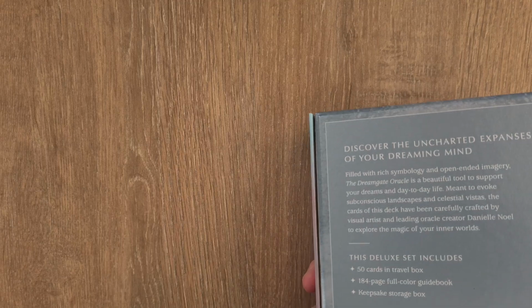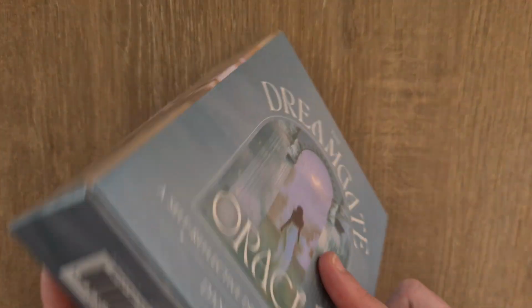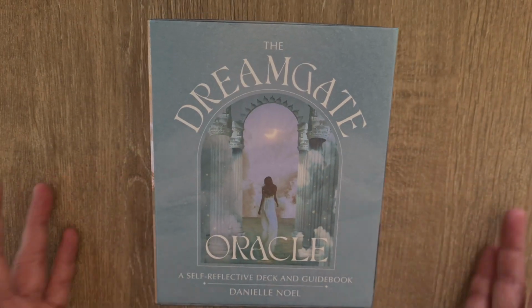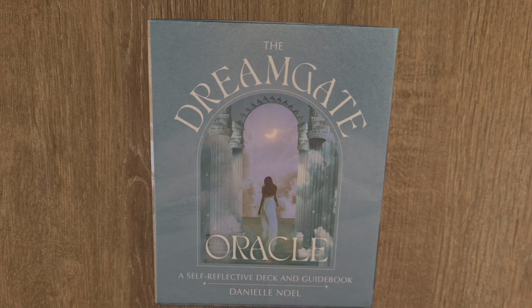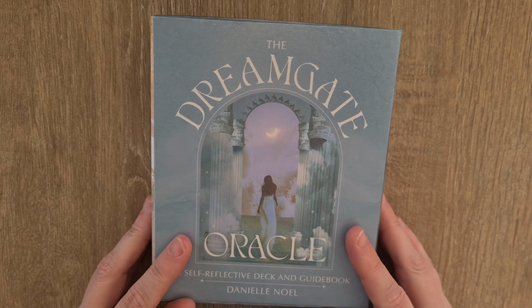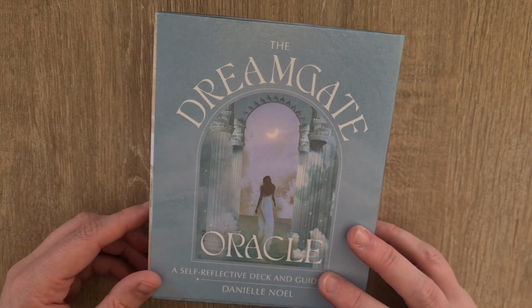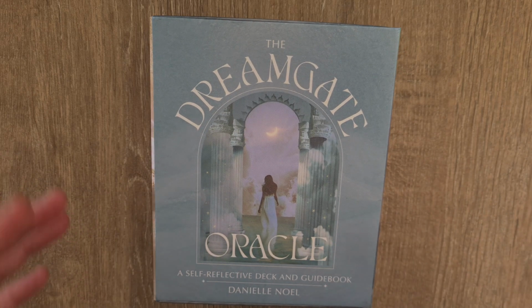I think when it comes to the price, I can't remember how much this cost. I want to say it was £25, 29 US. So yeah, it's probably about 25 pounds. For the price, it's good quality, but then I've just done the unboxing of the Leather Oracle with the Seasons of the Witch. It's a different setup. I think for the price point, yes, it's good quality. Having had Danielle's other decks, I feel like this is more accessible, it's a more affordable price point, but I don't know, it just,